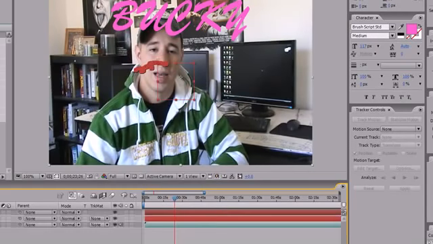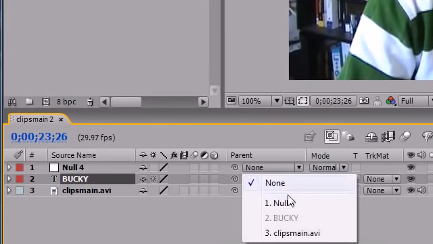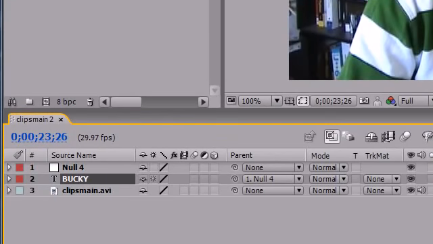Well, that's easy. Anytime you want a title to stick to a null object, all you have to do is highlight the title right here and click parent and click whatever you want it to parent to. So let me go ahead and